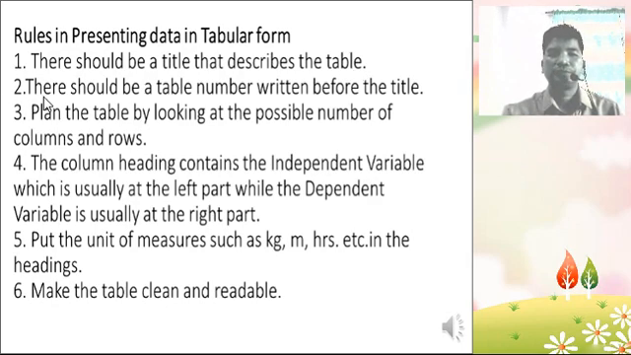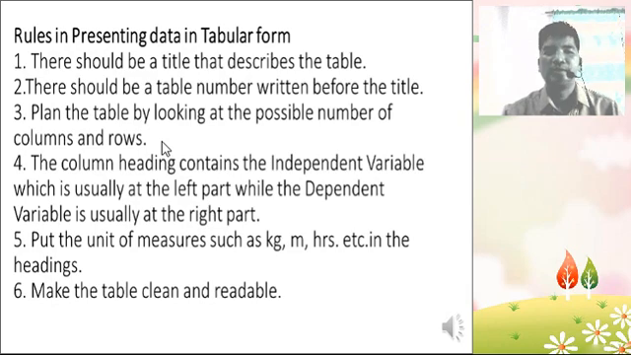Number 2, there should be a table number written before the title. It is also important that you put the table number as the identity of the table. It may be a single numbered or double numbered table. Number 3, plan the table by looking at the possible numbers of columns and rows. Before you make a table, you should count or think of the possible number of